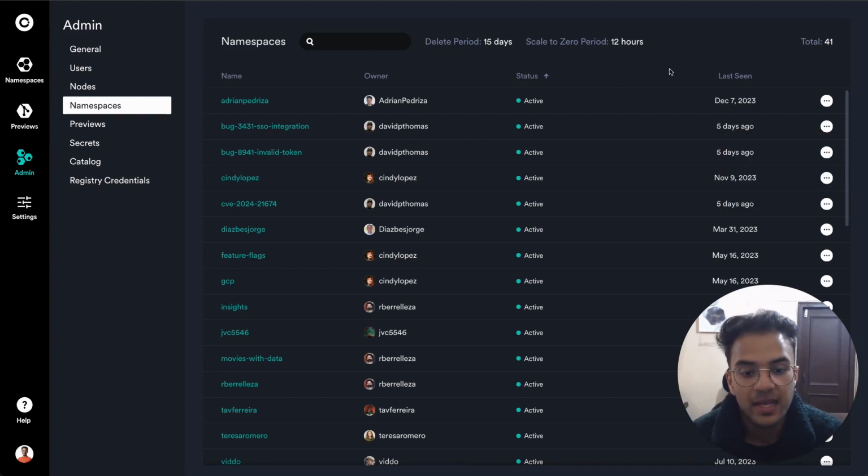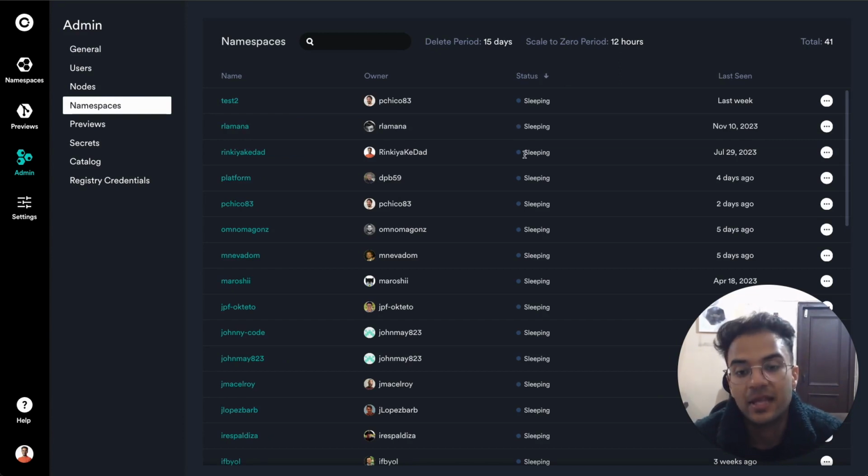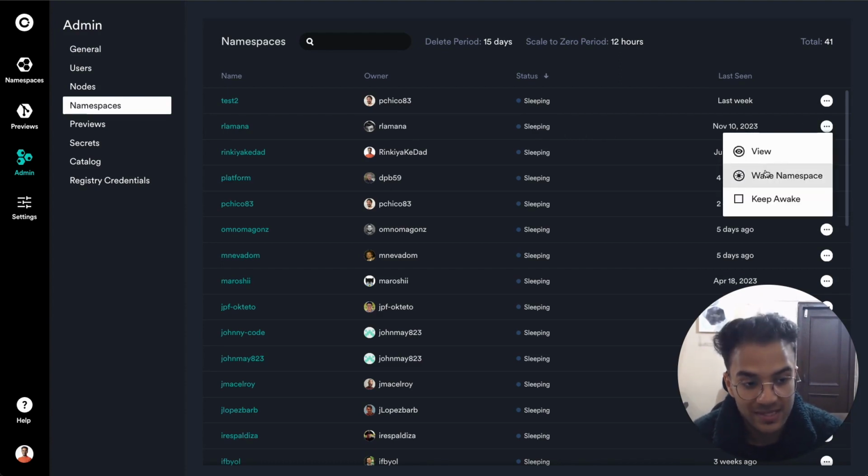and free up resources on your dev cluster. Similarly, if a namespace is sleeping and you want to activate it, maybe to test it out, or you want to share that namespace, you can wake the namespace up, and you can also keep the namespace awake all the time. So as long as this box is checked, this namespace will not be put to sleep